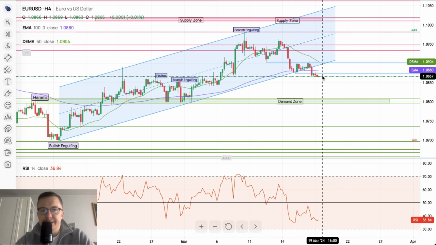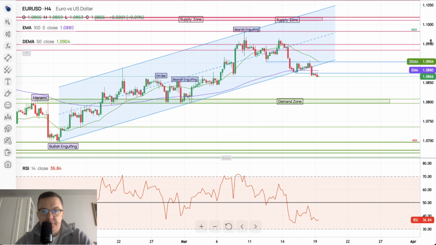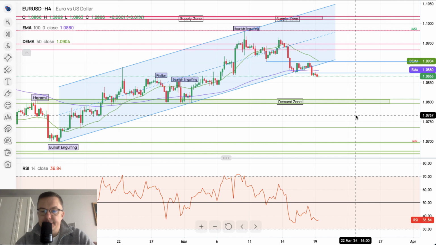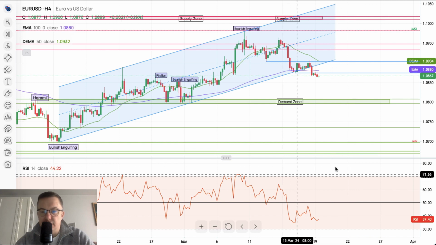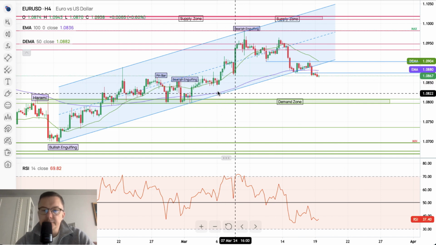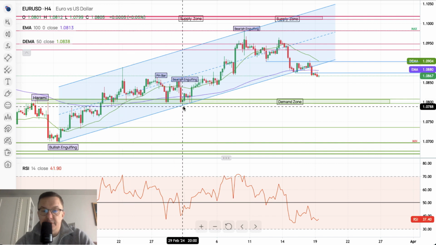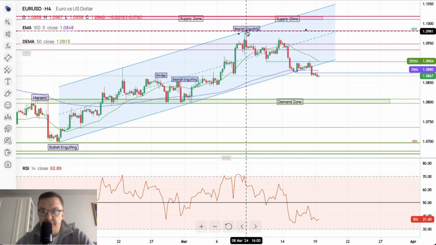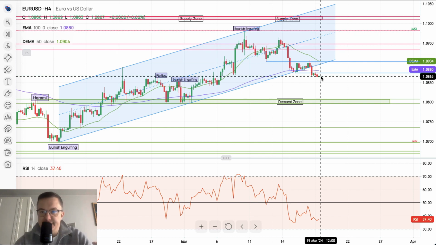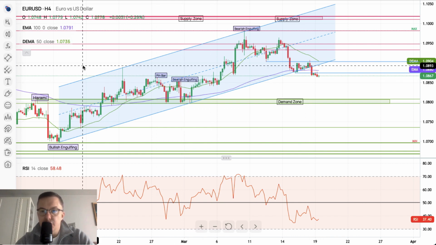But it doesn't actually look good for the bulls just yet. It looks like the market is under bearish control, and they want this price to go even lower, especially as we are already out of the channel. Please remember, that was the wave A, that was the wave B, that was the wave C. Possibly the correction is done. Now we are reversing lower, so please keep an eye on the demand zone. Today we still have some very important data scheduled for release later on that might affect the euro dollar.